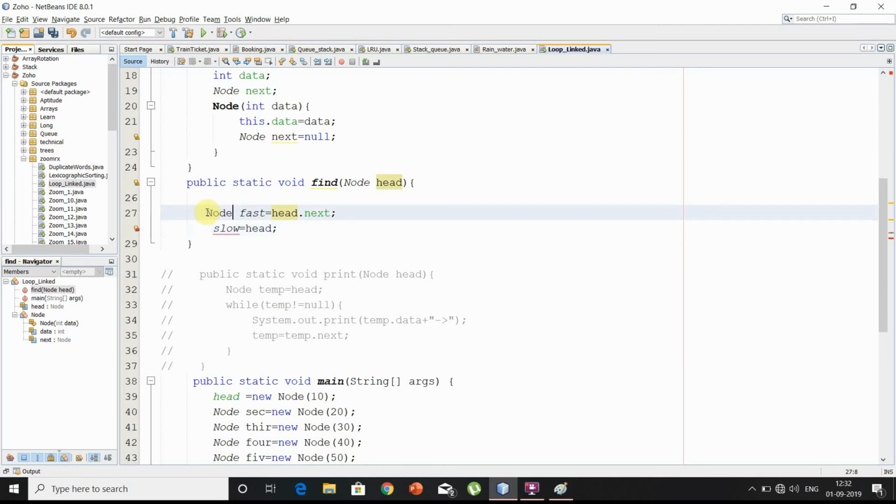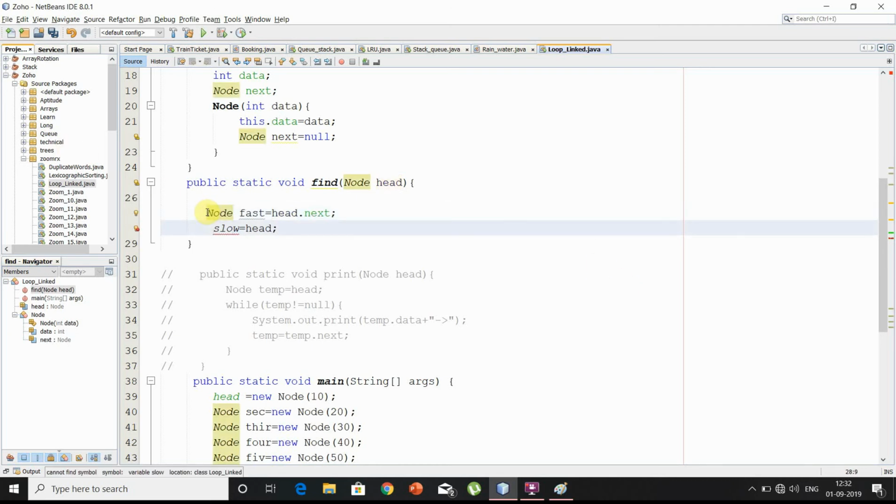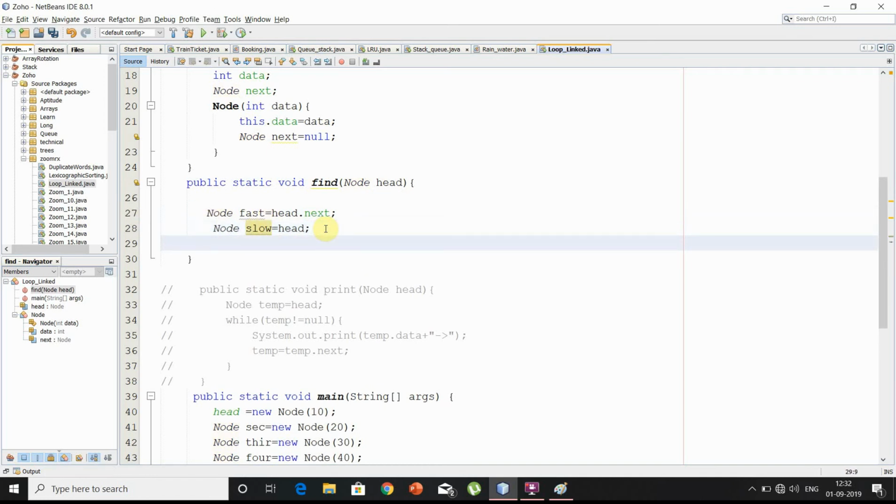Let me explain how the logic will work, because you've seen that the fast pointer travels two nodes at a time, so my condition will be: while slow not equals to fast,